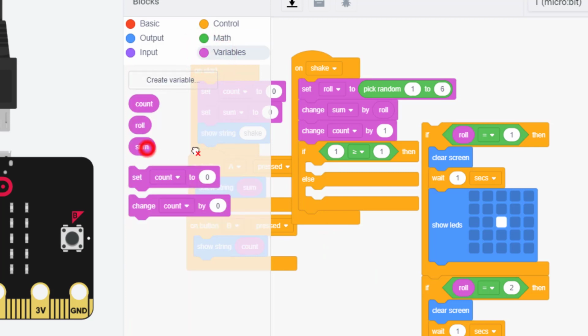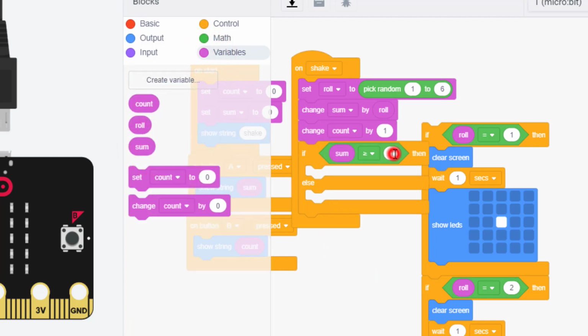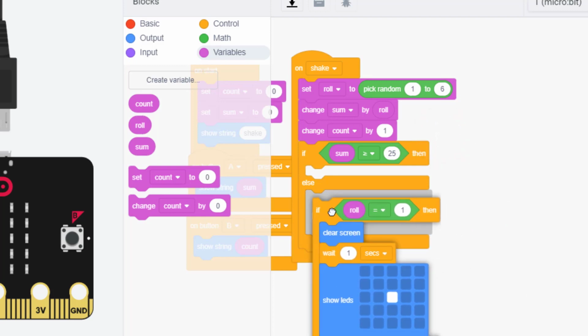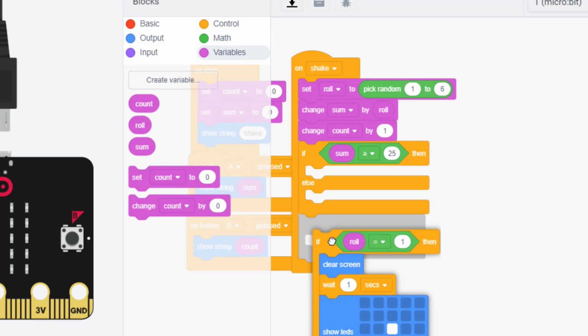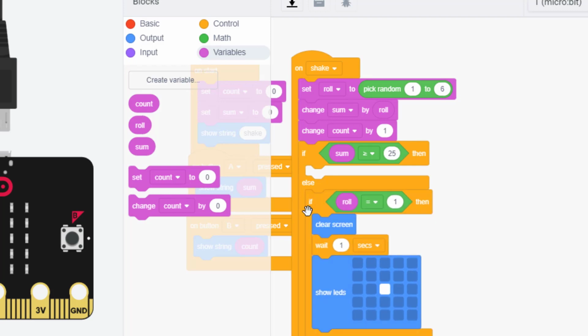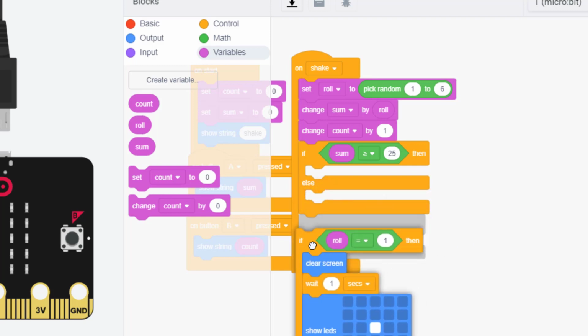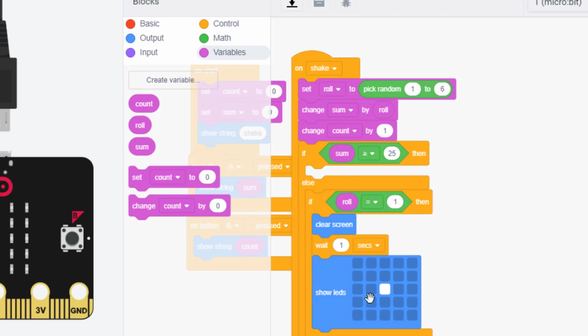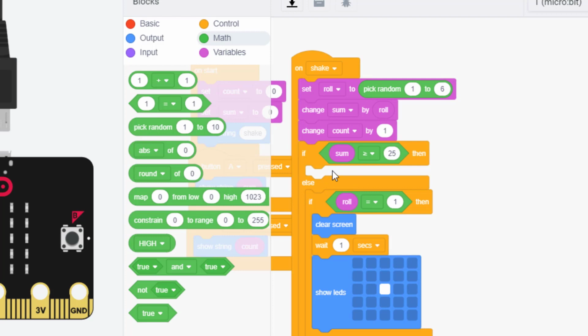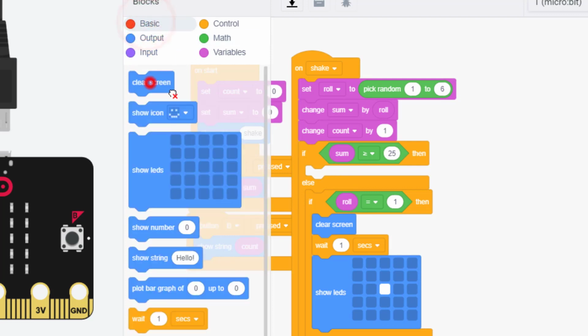We're going to move to our variables, and we're going to say that if the sum is greater than or equal to 25, you just won. If not, you're going to do all this down below. So see how that's going in the else. Not below the else, it's in the else. So you'll have 3 rows on this left edge to say you're done. If you accidentally go below, you can just pull it out and put it back in that spot to get your 3 rows. If we get the winning number, we want to do some fancy things in this if, but